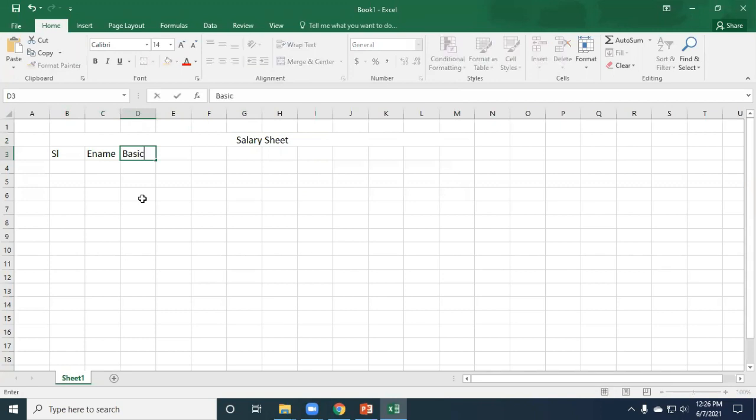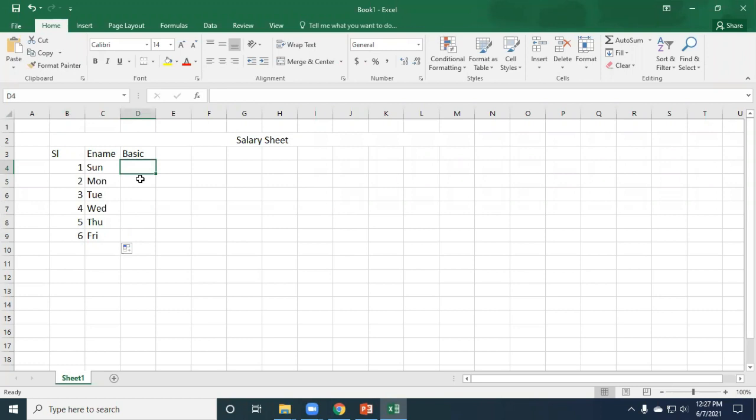Then there will be some basic salary. For the serial, we learned in the last lesson how to create a series by pressing Ctrl and dragging. It will automatically create the series. For the name, you can write down, say, Son, just Son. If you drag and drop, automatically it will display names with this name. So we consider these are the names of employees.